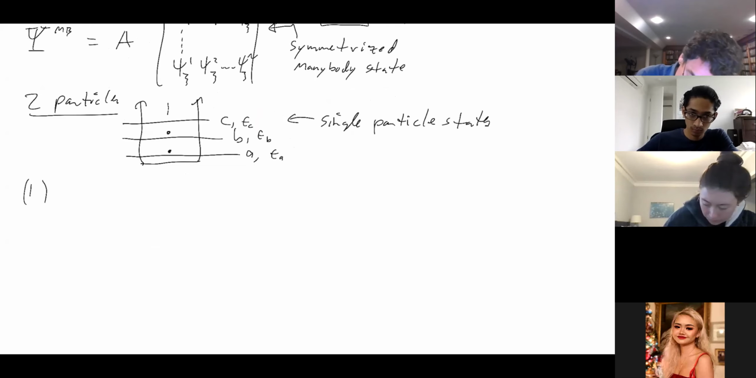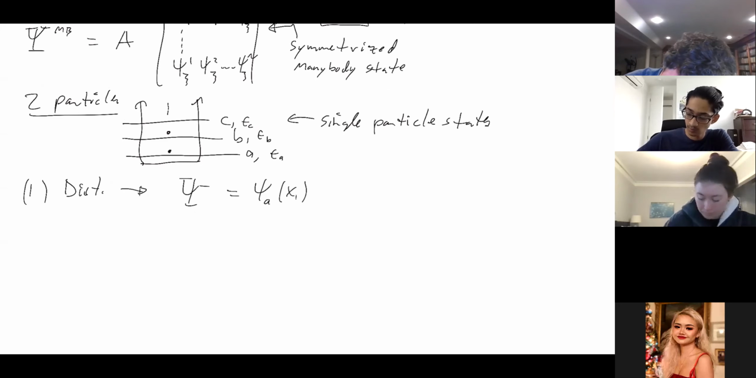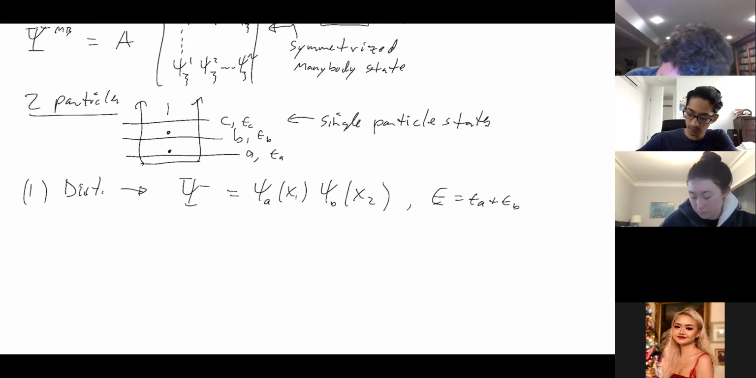If I have distinguishable particles, then I can write my many-body state as psi A of particle 1, put particle 1 into psi A, and I can put particle 2 into state B. And this has energy epsilon A plus epsilon B. Or I could have indistinguishable